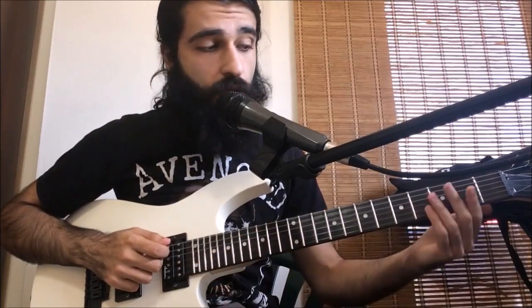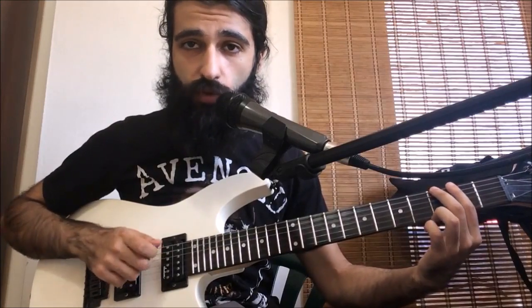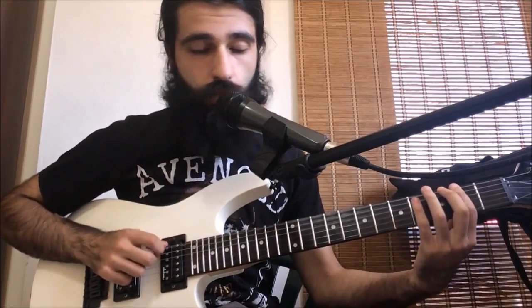to the next section. And what this is, essentially, you're gonna hit the 2nd fret on the 6th string and then palm mute it twice. Then you're gonna pull off from the 3rd fret to the 2nd fret on the same string, and then palm mute the 2nd fret twice. So, and then you're gonna go to the 5th fret, pull off the 3, and then palm mute 3 twice. So we have,